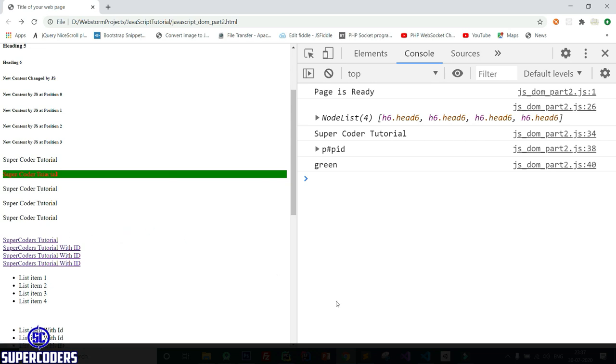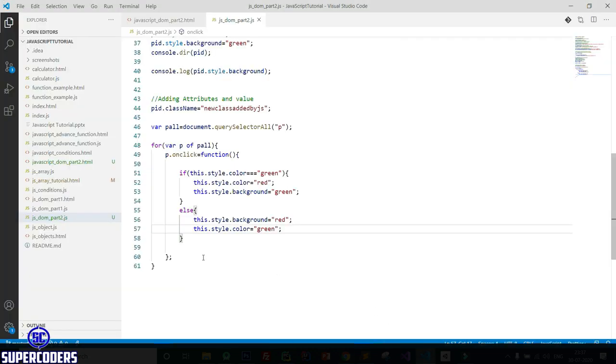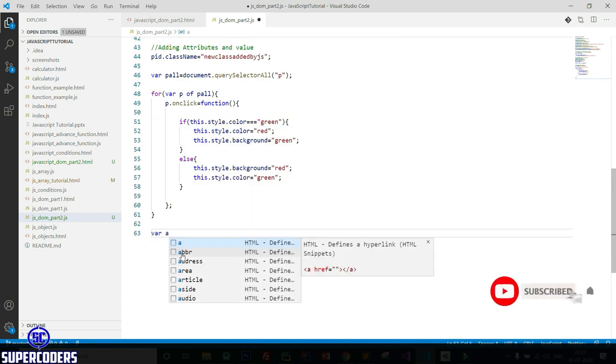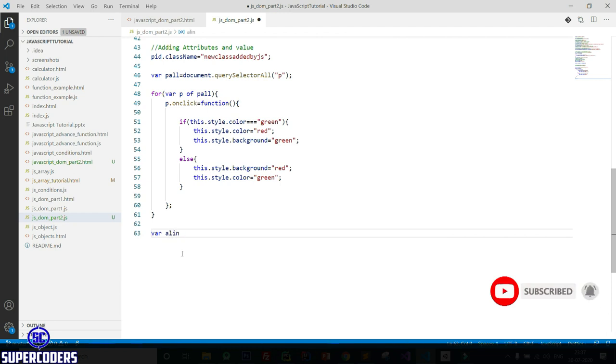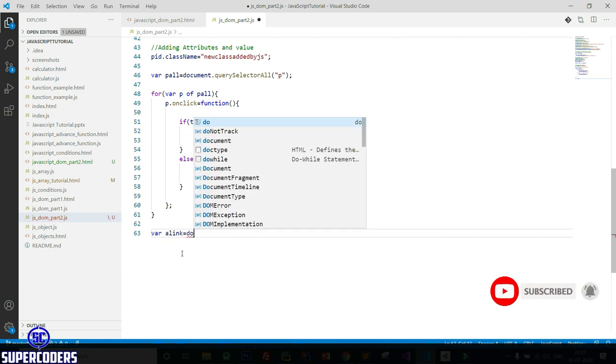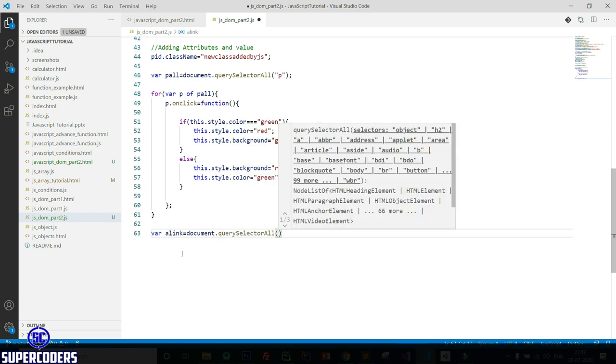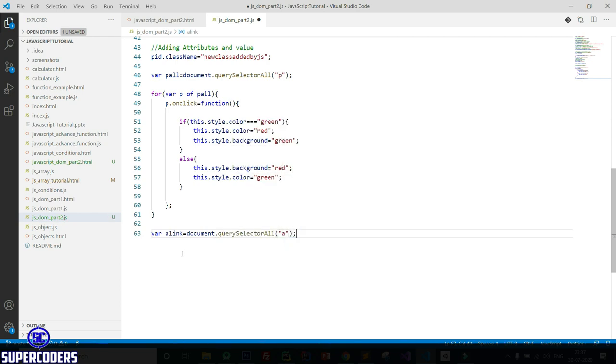So let's see, come here and add. First access all the anchor tags: a link equal to document dot querySelectorAll a.